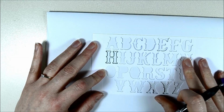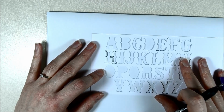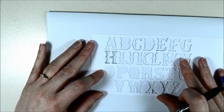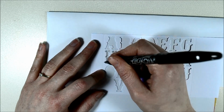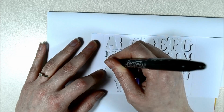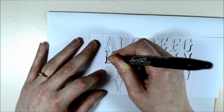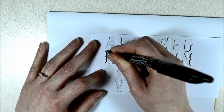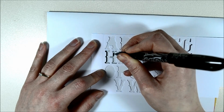Now, in order to make it 3D, I can simply just move my stencil across a bit. Hopefully you can see this, and decide how 3D I want it, and then just draw again, just over the sides that are showing that there's a gap. I'm not taking too much care here. You can take a lot of care when you've got time. And here,